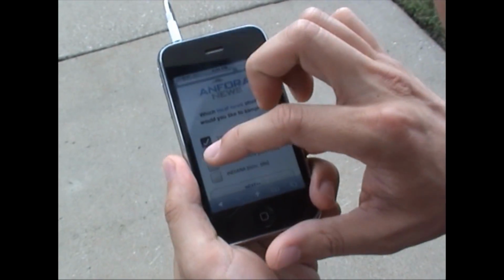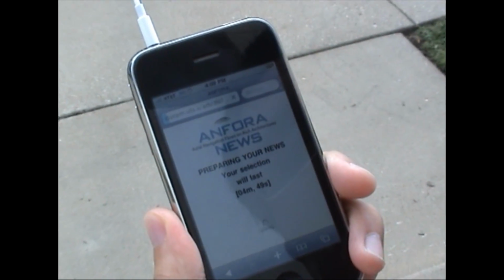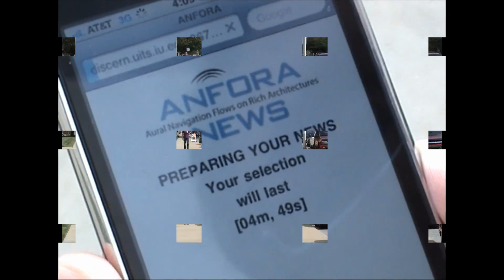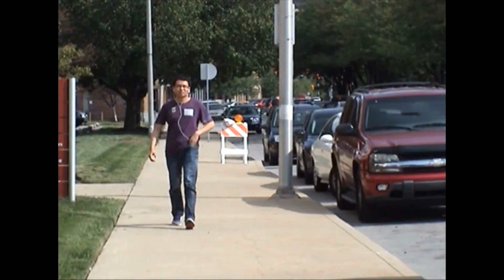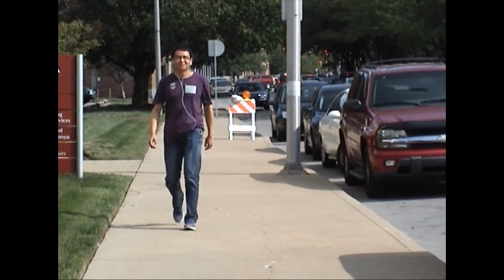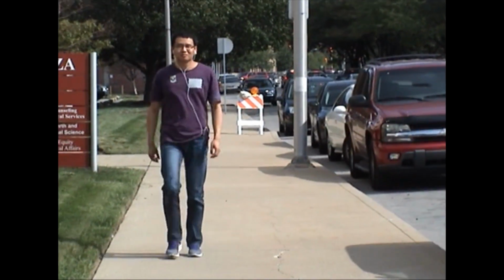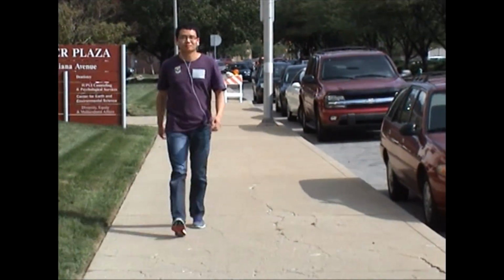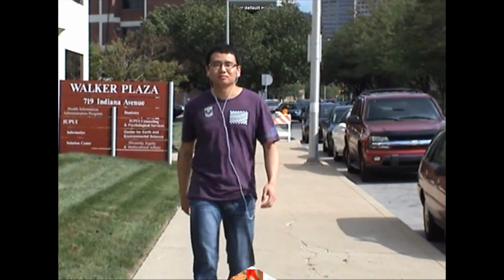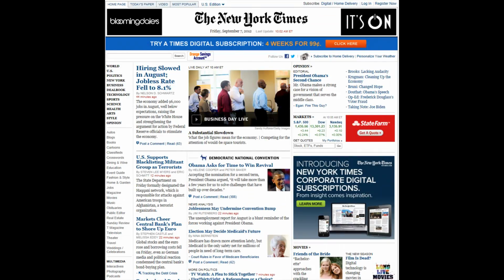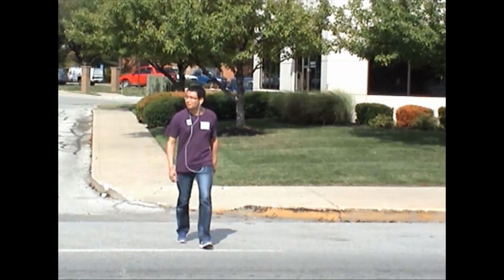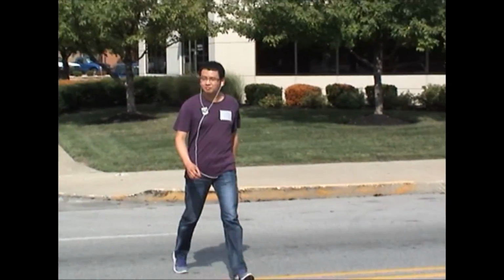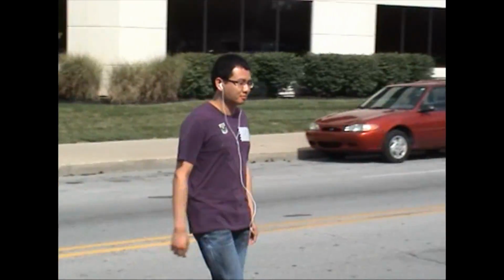Once his personalized playlist is ready, he can start listening to the news, skip the news he is not interested in, go to the next section of news, pause, and play the playlist. Aural Flow allows Sam to access content from any news website, such as CNN, the New York Times, and National Public Radio, to name a few. Thus, ANFORA provides news consumers with a novel way to access news and information on mobile devices while on the